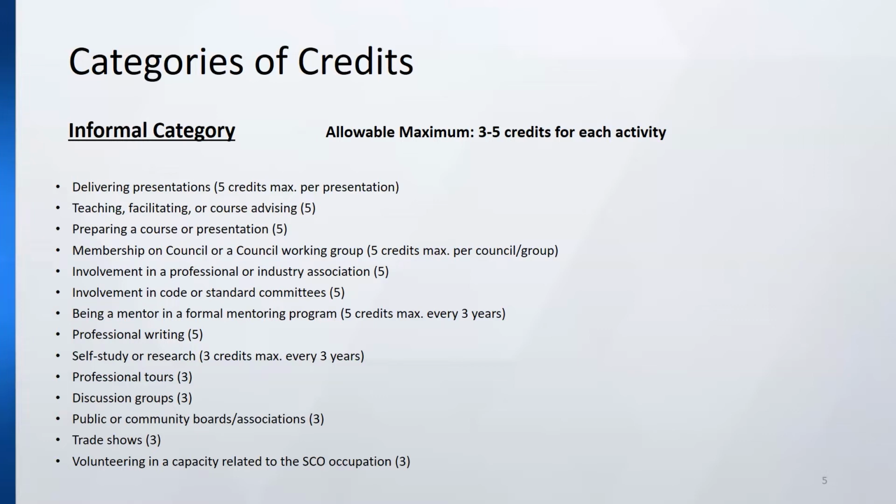Unfortunately with this one, you're going to be pretty limited in what you're taking. The reason we're limiting you in this specific scenario is because we want to make sure that you're taking a range of different activities, some informal and some formal. If you were to take all of your credits and it was all self-study, or reading a book or a manual, we want you to have a little bit more than just self-study. That's why we're limiting you on this one. But the informal category really gives you that range of activities that you can do.